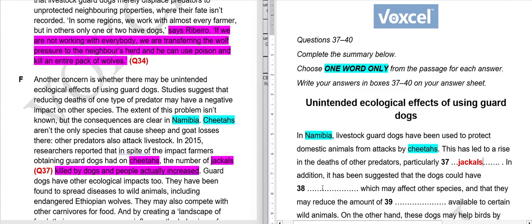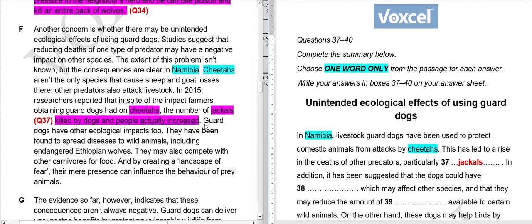Okay, first we will do this particular blank 38. So in addition, another point is that it has been suggested that dogs could have something. So guard dogs have other ecological impacts too. They have been found to spread diseases to wild animals, including endangered Ethiopian wolves. So our answer is from here